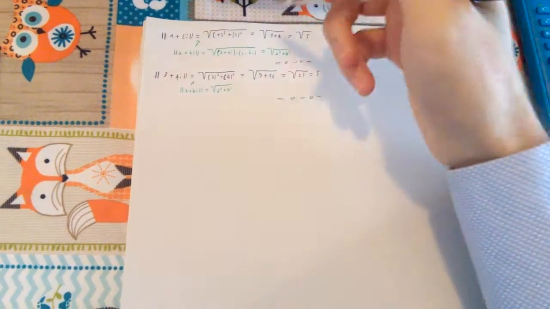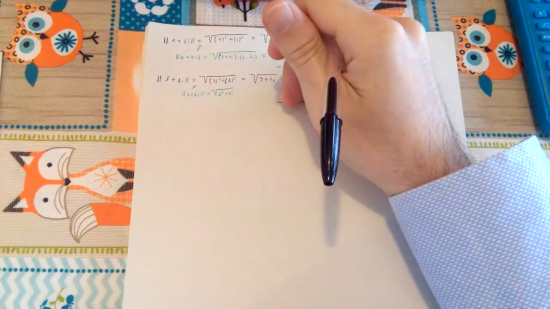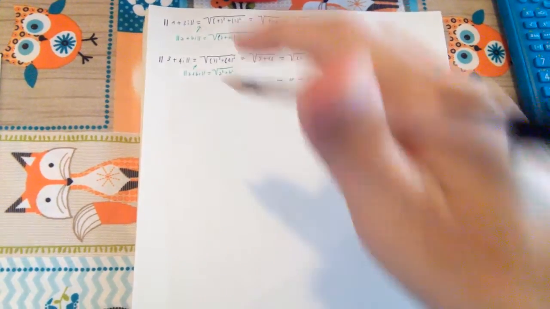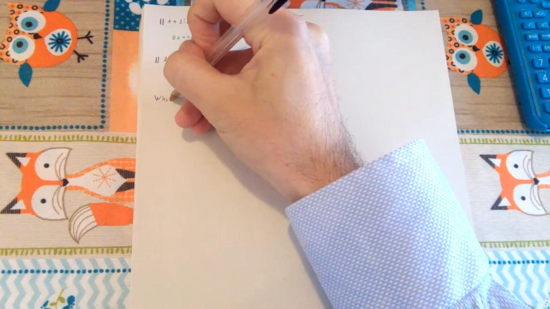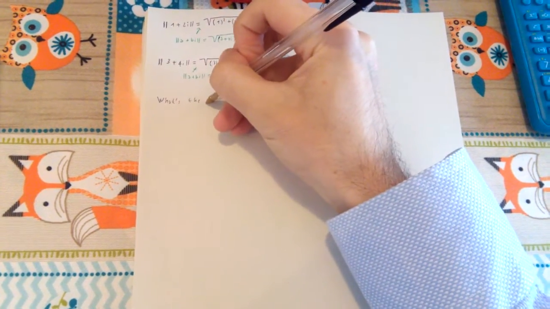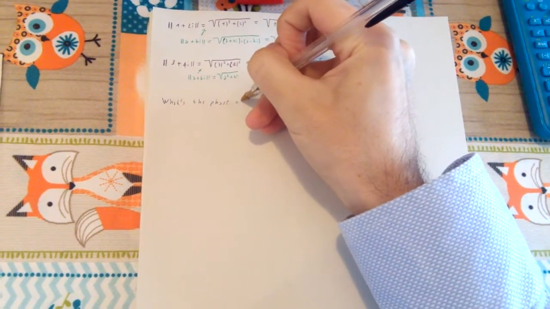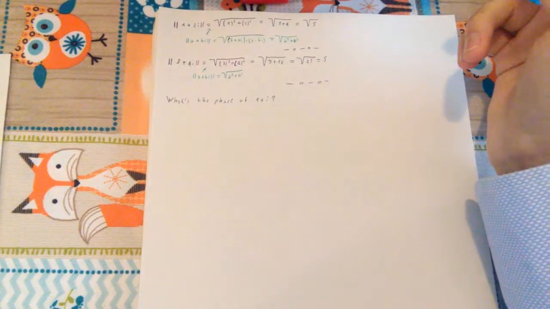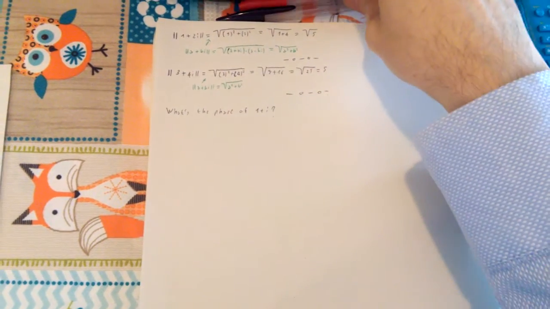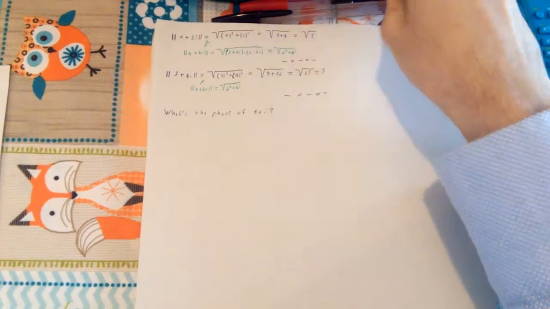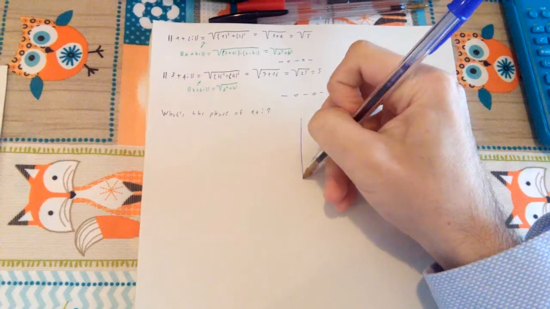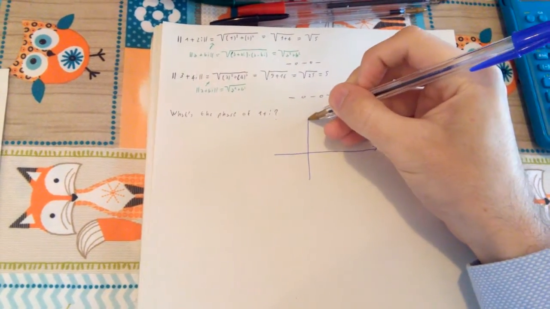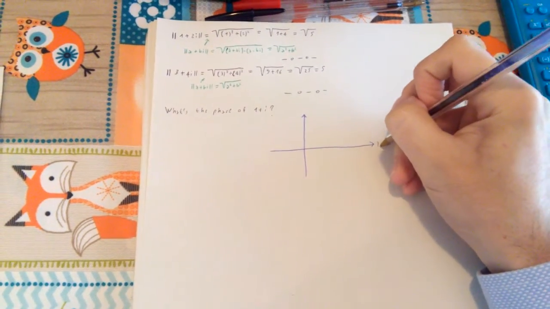Hi there, in this video I'm going to talk about the phase of a complex number. So if I ask you what's the phase of, let's say, 1 plus i, what will you say? Well, we can easily plot this in our graph, and we're going to use the Gaussian plane, in which we